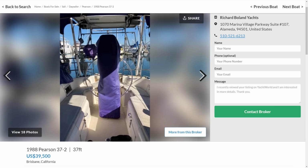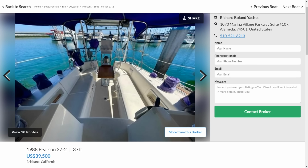It's the fairly standard cockpit too. We get wheel steering, a lot of albeit dated Raymarine equipment, big primary and smaller secondary winches. We even get a walk-through sort of flip-down transom deal, which is actually a pretty big deal on a boat at this price point. We even already have some solar panels up there and built-in protection with the dodger and